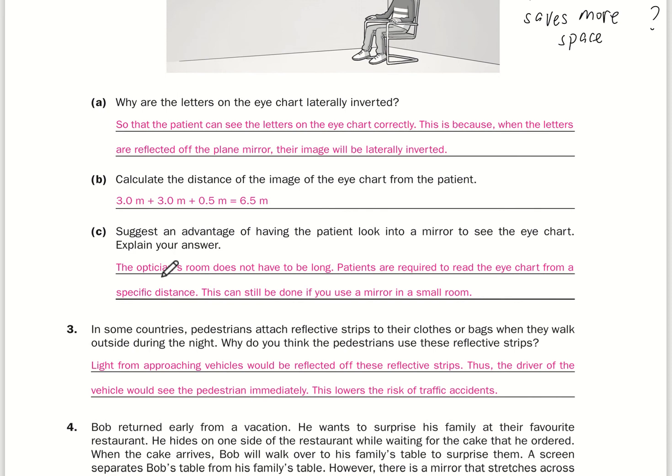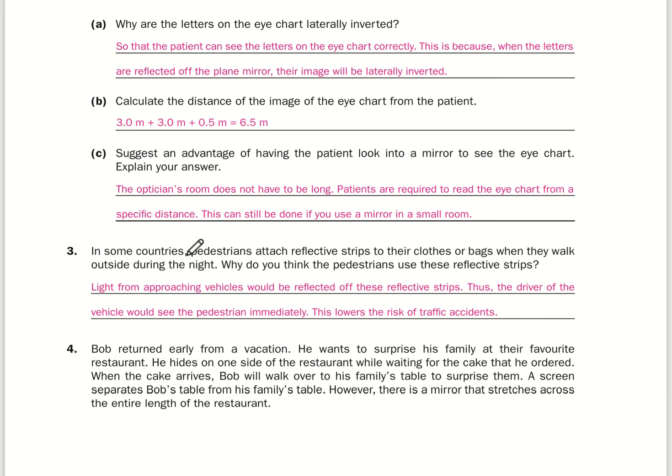Okay, so let me go through question 3, and this will be the end of the lesson. So for question 3, they say that in some countries, pedestrians attach reflective strips to their clothes or bag when they walk outside during the night. So why do you think the pedestrians use these reflective strips? So basically, the light from the approaching vehicle will be shining on these reflective strips. After that, it will reflect off these reflective strips. Thus, the driver of the vehicle will be able to see the pedestrian immediately,